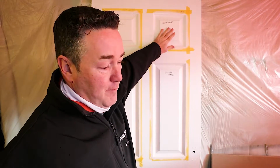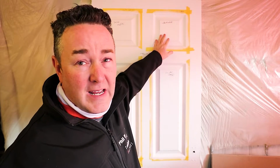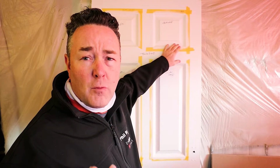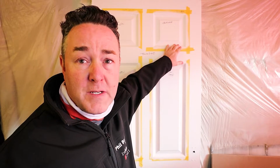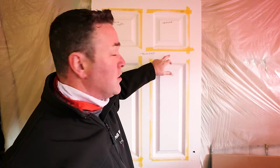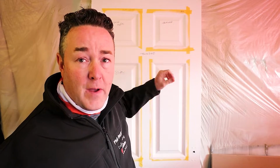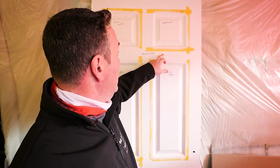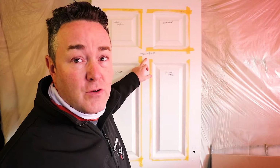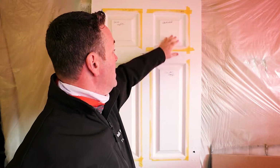Finish wise, I'm feeling it. Yeah, it feels nice to the touch. Now this is one of these paints that supposedly is good for newel posts and handrails, and you shouldn't get any softening up like you do with acrylic water-based paints when you've got those high traffic areas. That said, the TouchGard is its competitor on that sort of finish. So if you don't want to be doing Aqua, you could be using the H&G, because that is an oil resistant high traffic area paint to use. Between the two,